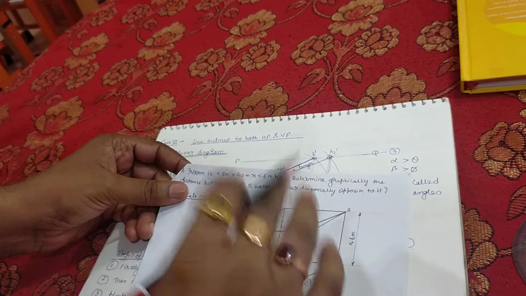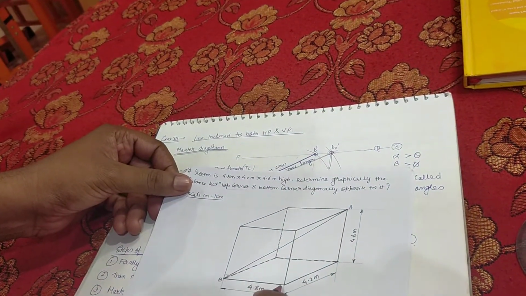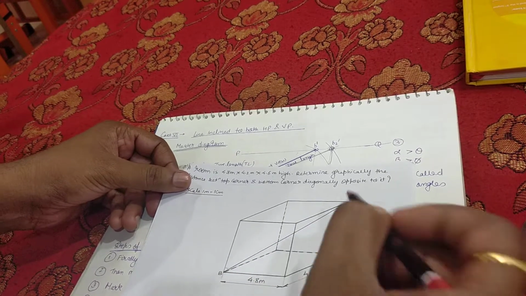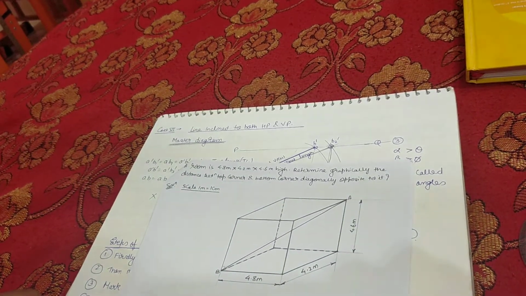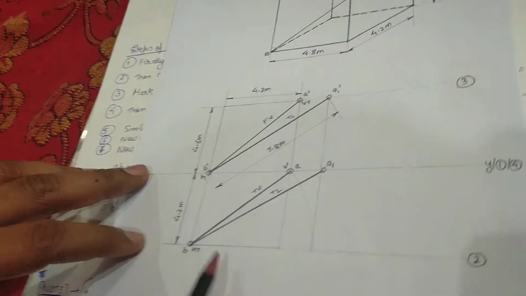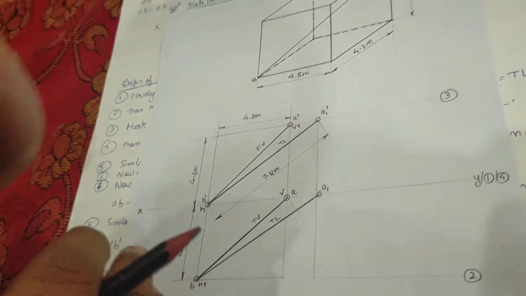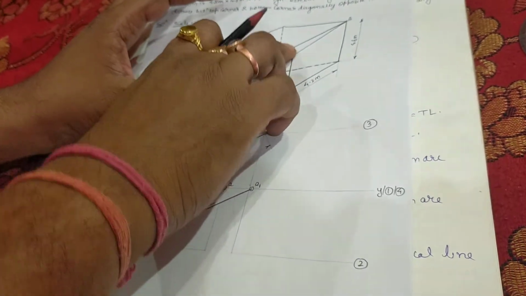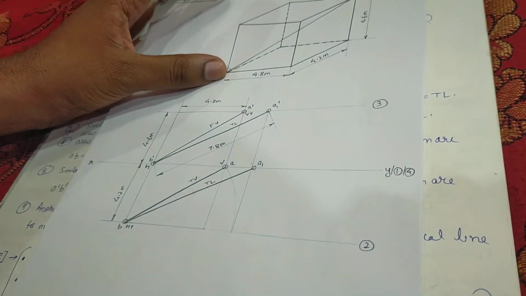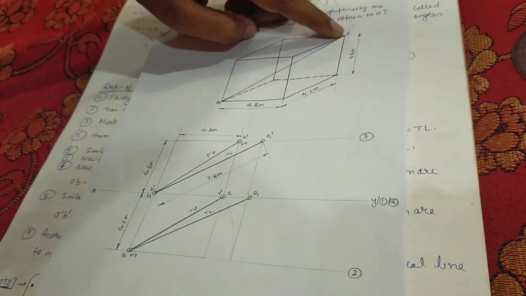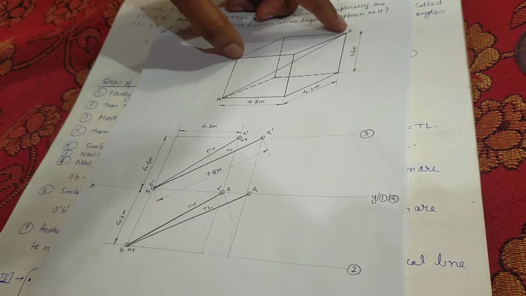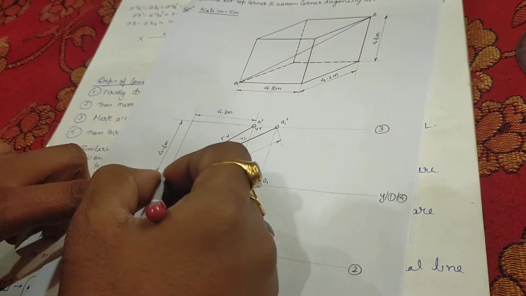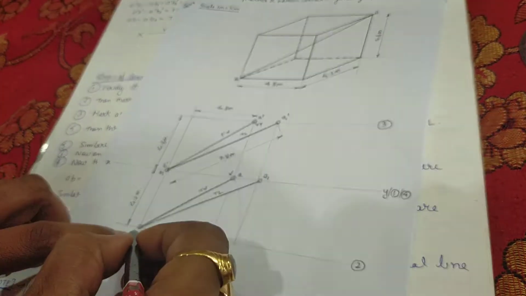Okay, so in front we will draw the rectangle of 4.8 by 4.6, and in top we will draw the rectangle of 4.8 by 4.2. That's what I have done here: 4.6, 4.8, 4.2, 4.8. Okay, so now when we see from front we will see this point as it is and this point coinciding over here, because this point coincides with this point in the front view. Similarly in the top view this point we will see as it is and this point we will see here, because this point will coincide with this point in the top view. So that's what I have done. This is B dash, this is A dash, this is B, this is A.